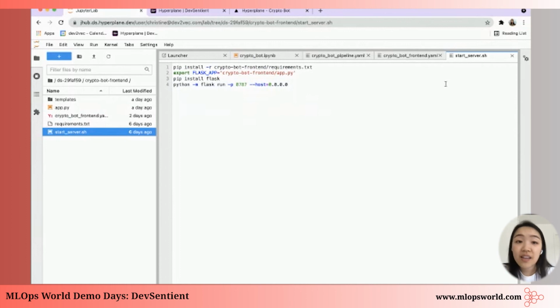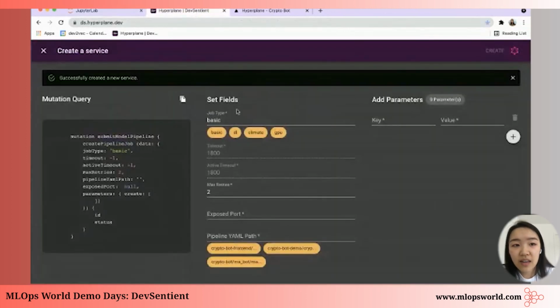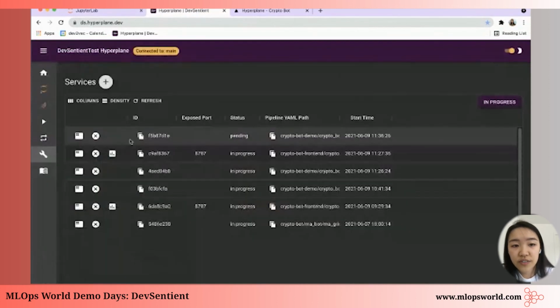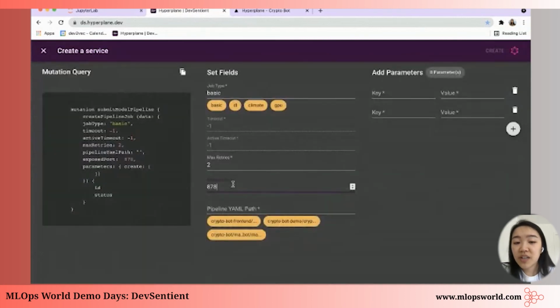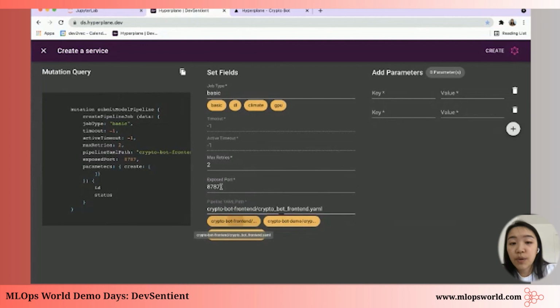We commit our YAML like before, and then we go back to our services page and create another service. The only difference here is that because we want to expose that URL on the front end, we put an expose port, which tells Hyperplane, first, don't time this out, and also expose this port.